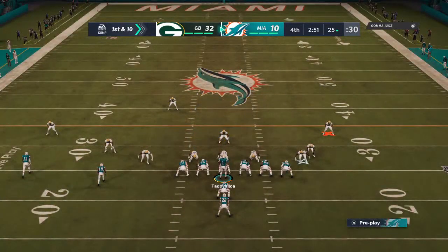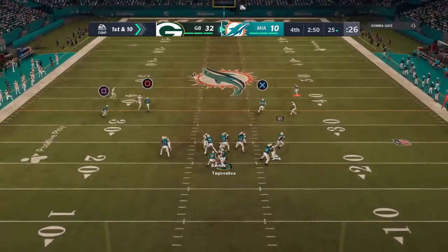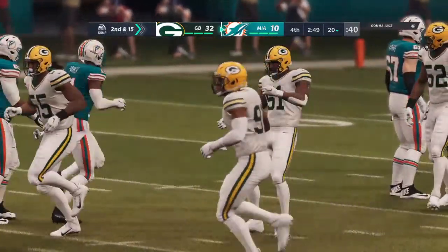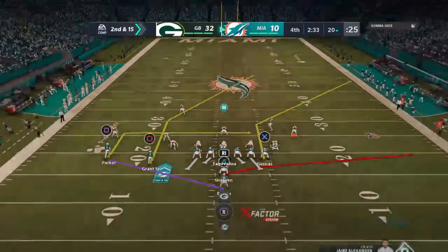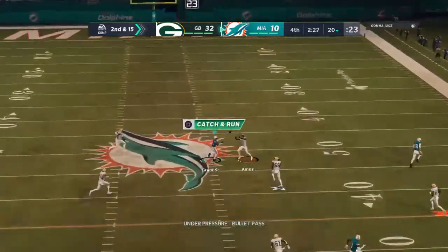The Dolphins at the line ready for their next drive. They're sort of seeing themselves spiral out of control. Let's see if they can get things back on track. Blitz coming, and down he goes. I don't care if you're taking it in round 1, you're undrafted, whatever. As a rookie quarterback in this league, you're going to have games where you face adversity like this. Lessons. All the time you're going to face these lessons. The key for this guy is will he be able to...